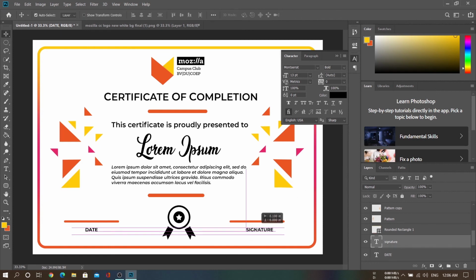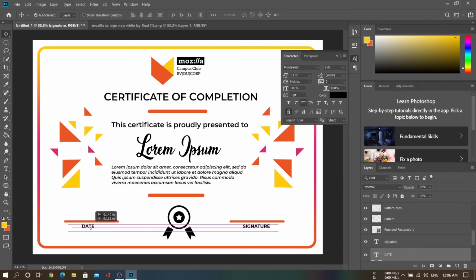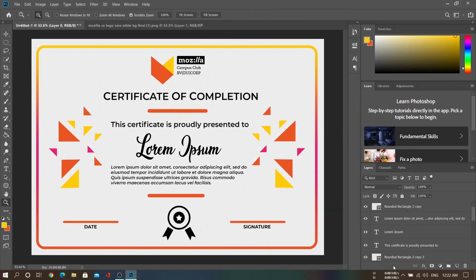Now we are just going to align them. So now we have created the certificate.